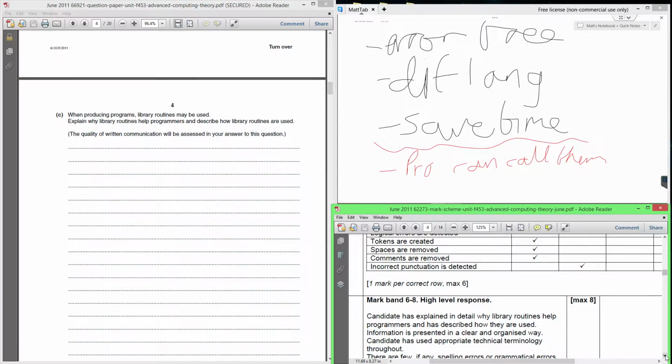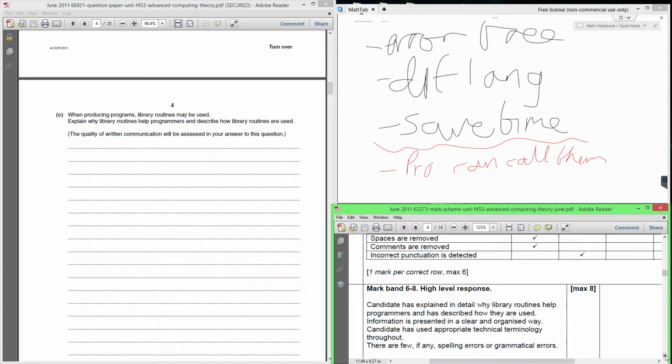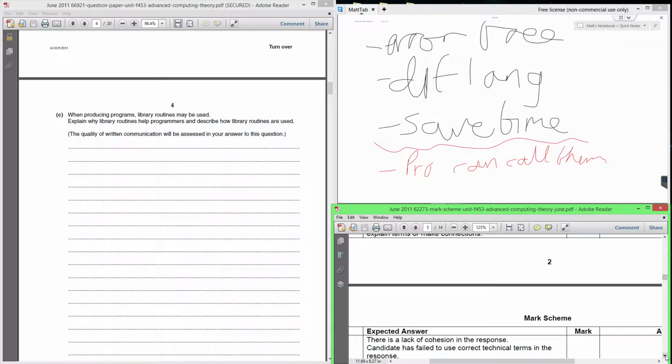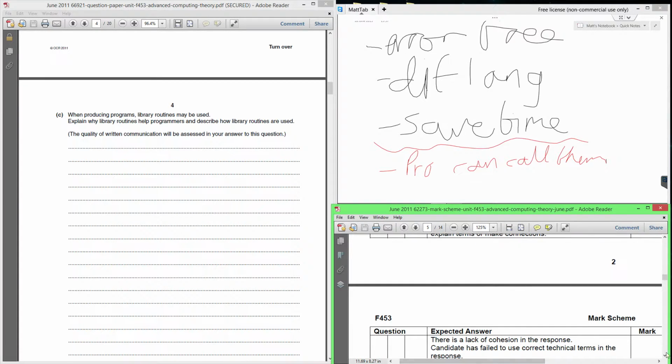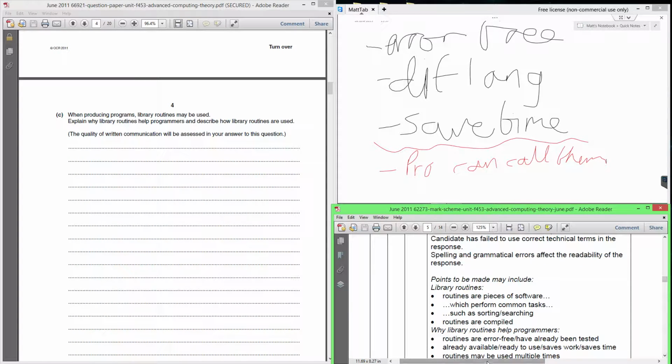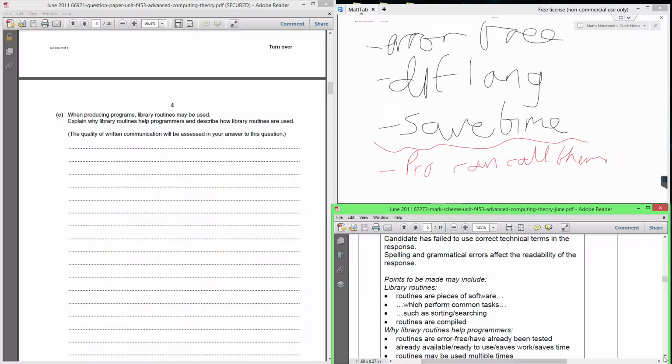So, candidate explains why library routines help the programmer. Let's get to the actual main points. Here we go. Here's the points. Any additional guidance? No. So the points are,